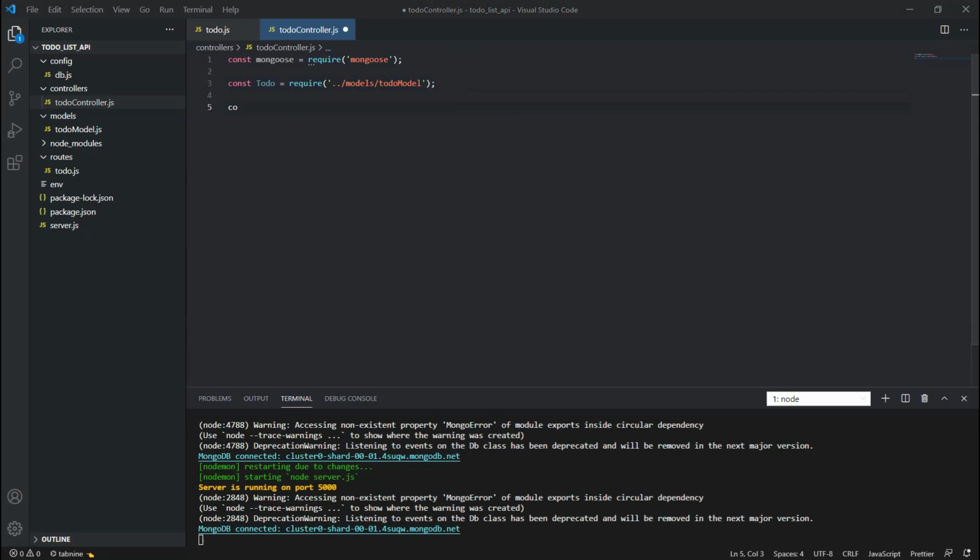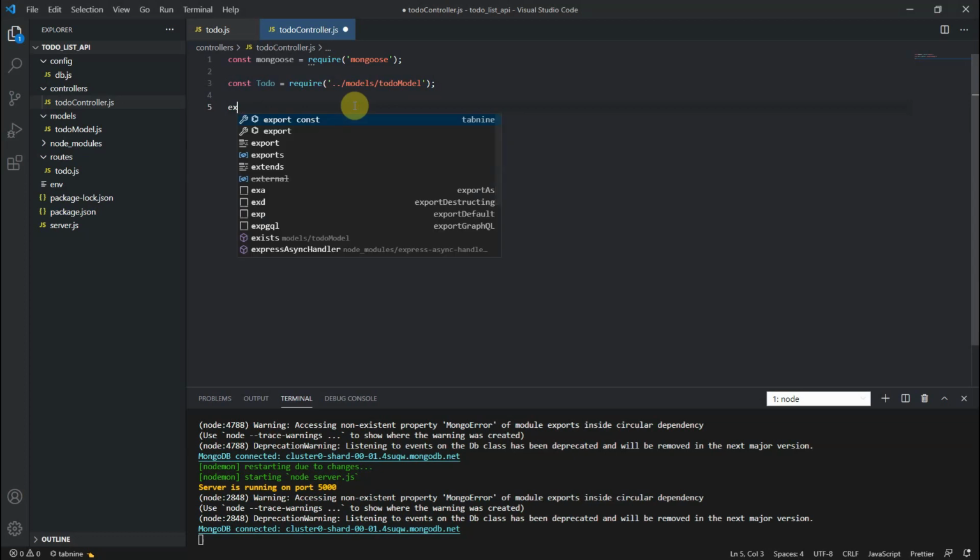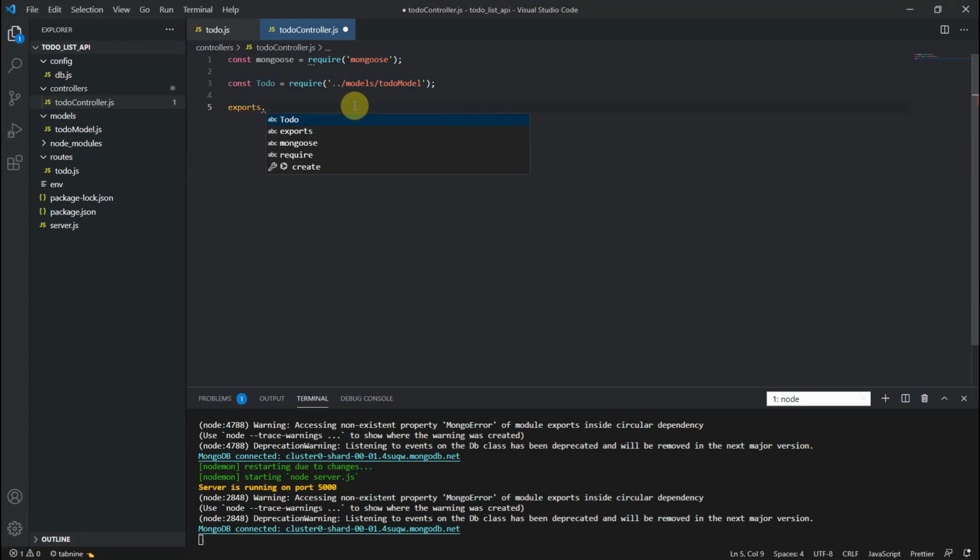First we will create functions: create a to do list, then update, then delete, and then get. Okay, yeah, it's fine, right? So const, and we can export this function.